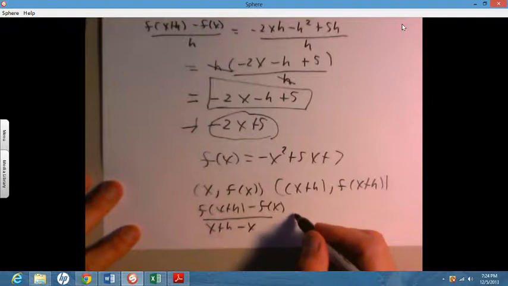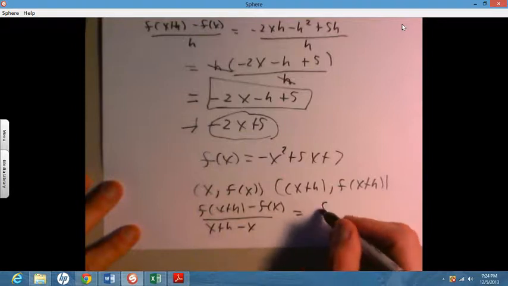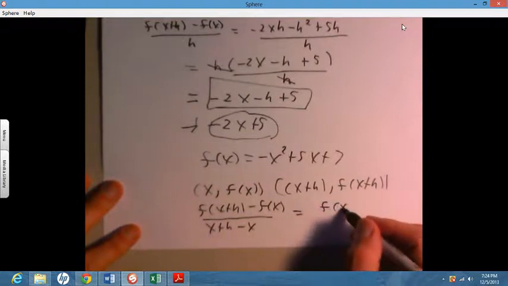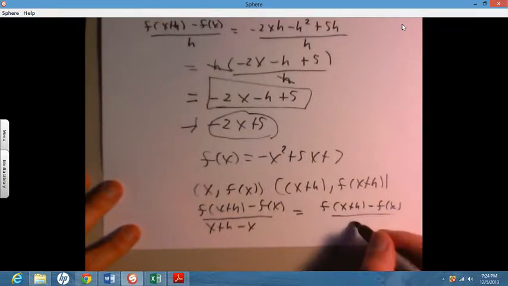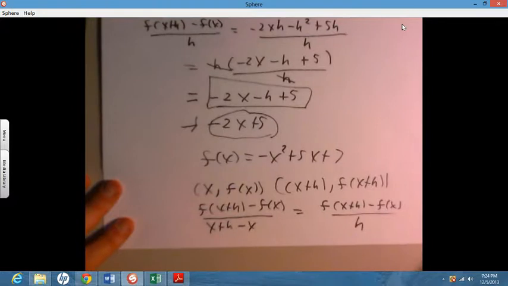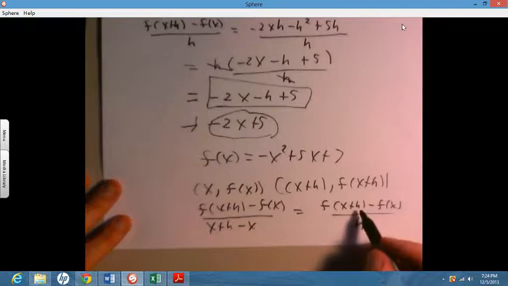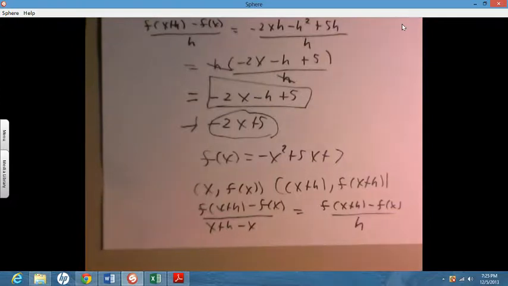The x's cancel, and I wind up with f of x plus h minus f of x divided by h, which is my difference quotient. Now, what we end up doing is asking what happens when h goes to 0. This is similar to what Isaac Newton was trying to figure out, because the whole idea is